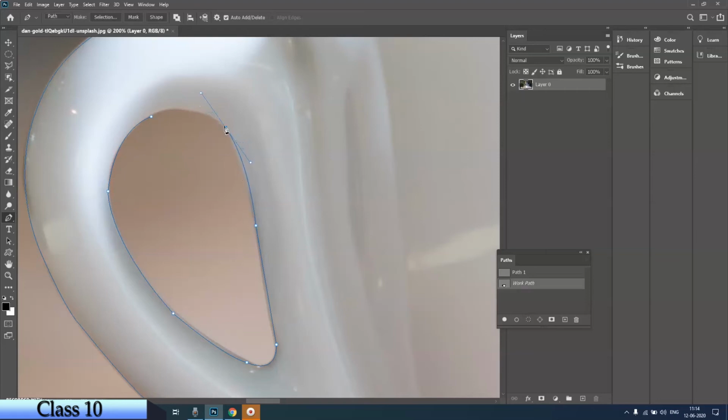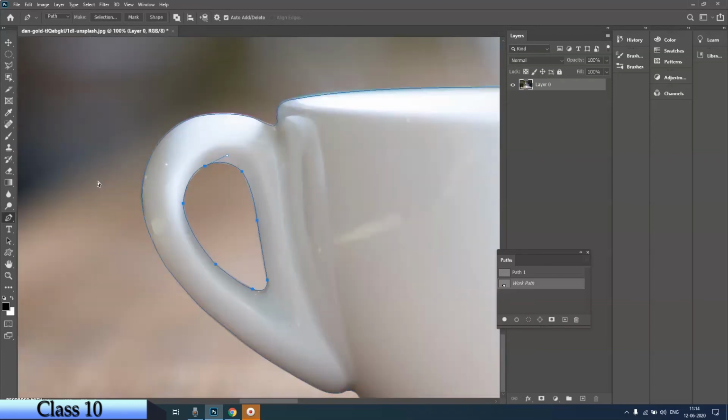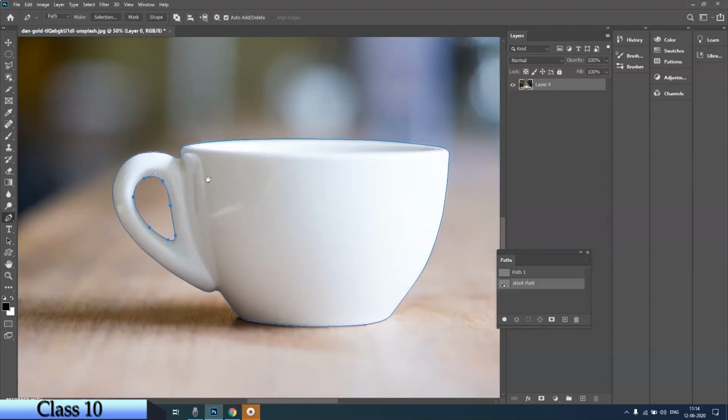So simply covering up all the areas by closing the anchor point and taking the curve. I feel this has to be a little up, so I'll press Control and push it up. Okay, so this is how it goes. So I have a complete selection of my cup.